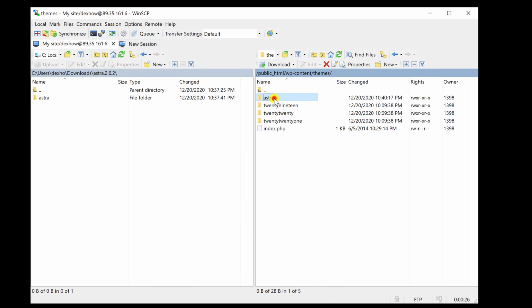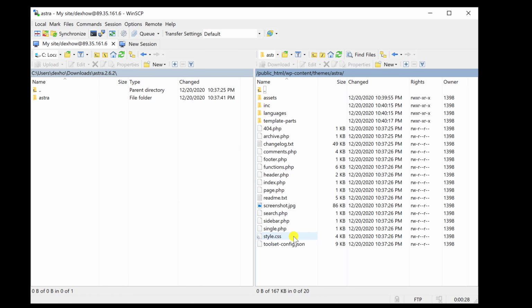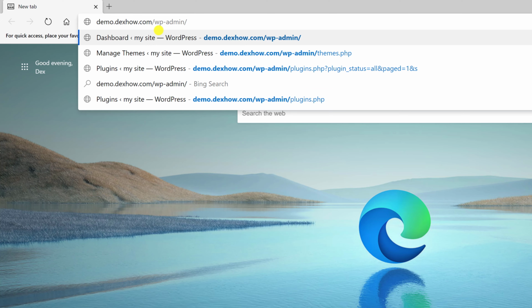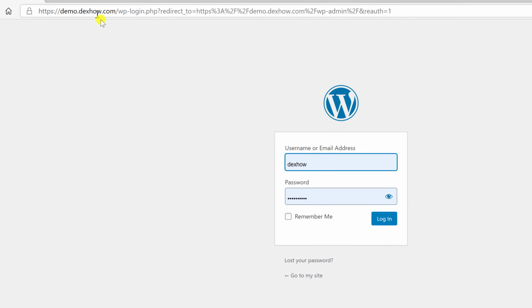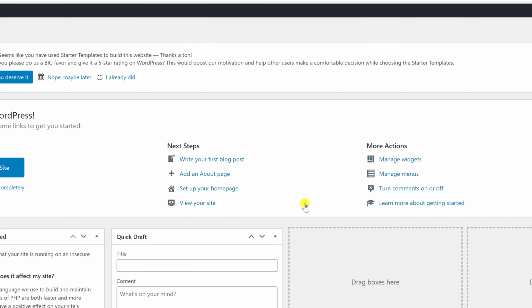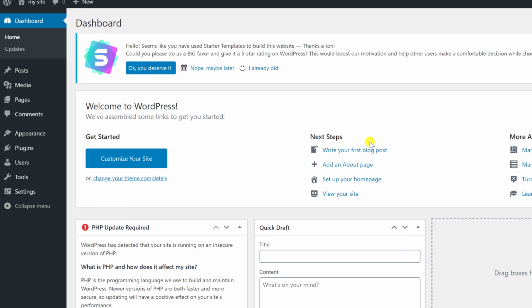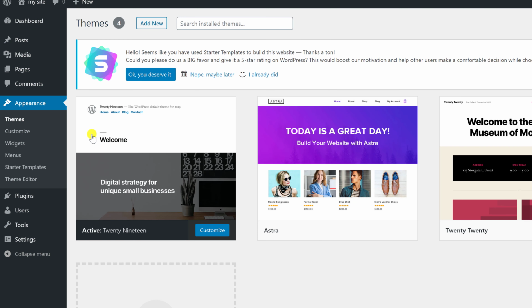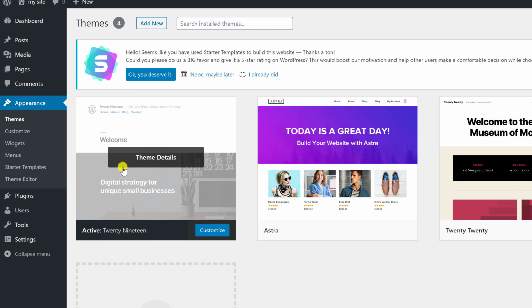Open the browser. So let's go into the administration panel for WordPress. Go to your domain /wp-admin. Log in with the admin and password. Go with the mouse over Appearance and click Themes. In this list, find the theme name you just added on the server.